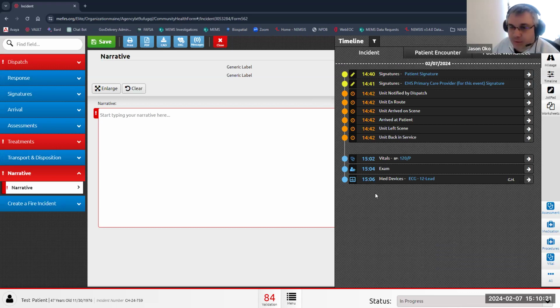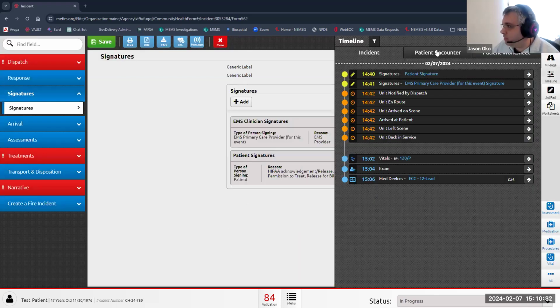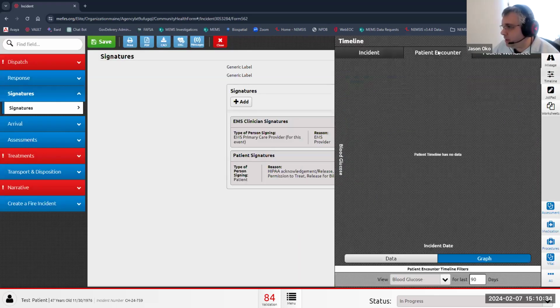These are all the times that we've documented here. And this is a great feature because you know, these little arrows, right? So this will take you to that value, right? So right back to the patient signature, right? But there's the patient encounter, right? And I don't know when the last time I wrote a report for test patient is, but we'll take a